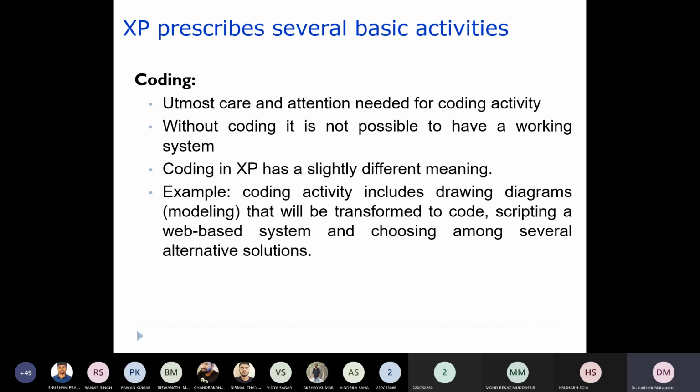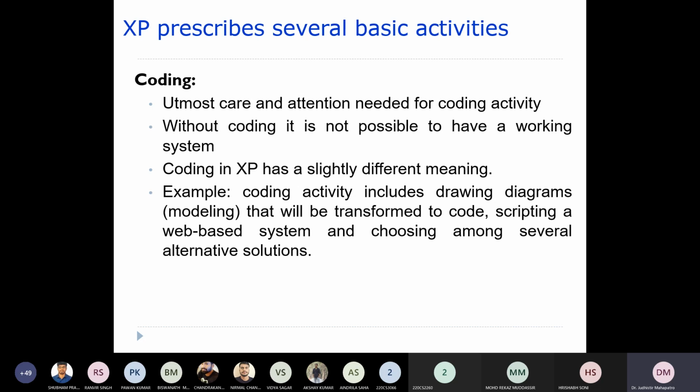So you need to have the code. Coding in extreme programming has a slightly different meaning as compared to the traditional development models.